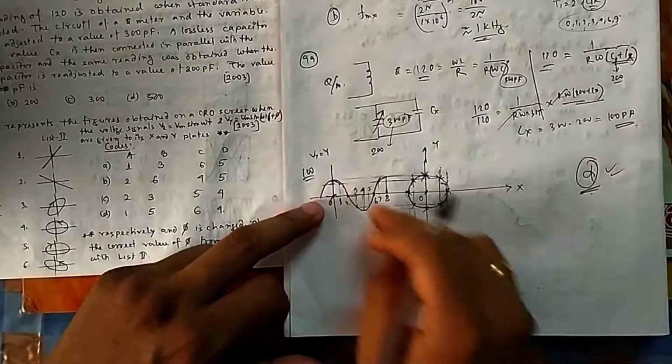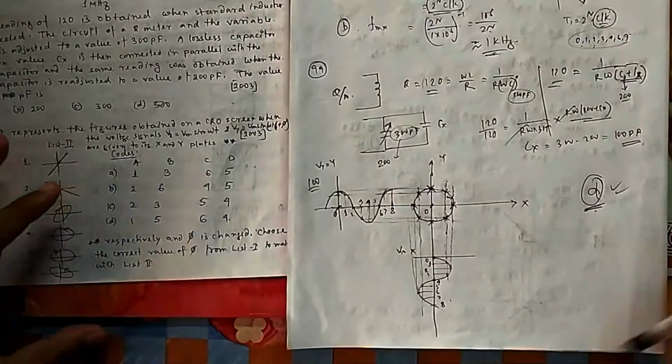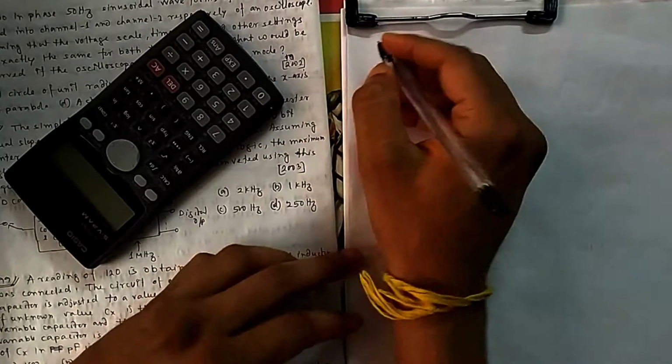Then suppose this is triangular, this is square, this is rectangular, something of these different signals. Any alternating signal they can give, one is sinusoidal, one is square, then what should be your output. So you can draw with this and you can find what type of shape you are getting. Mathematically also we can try this one. So let me show you the mathematical way. Let me make it general so that you can apply it in any case.